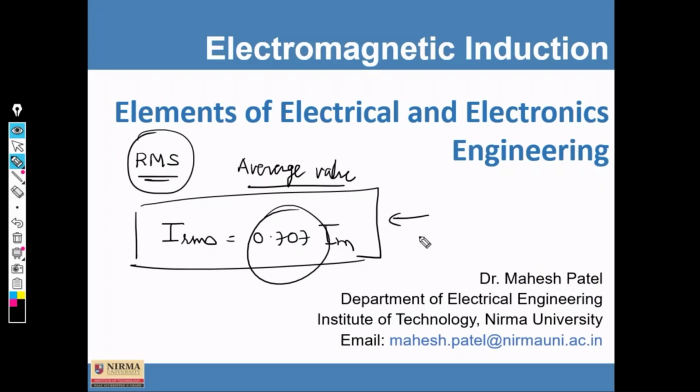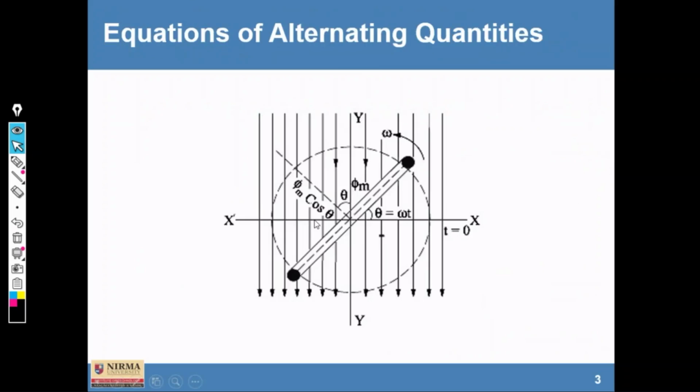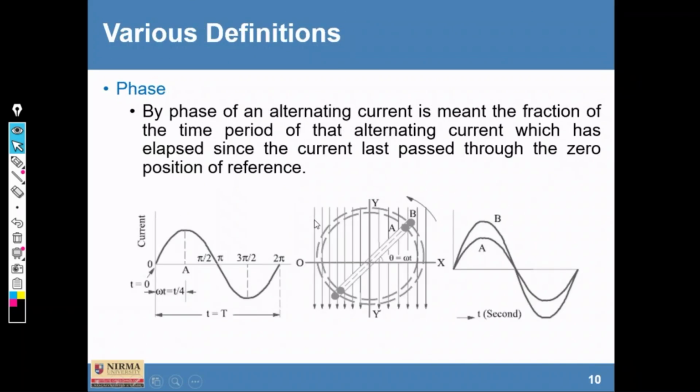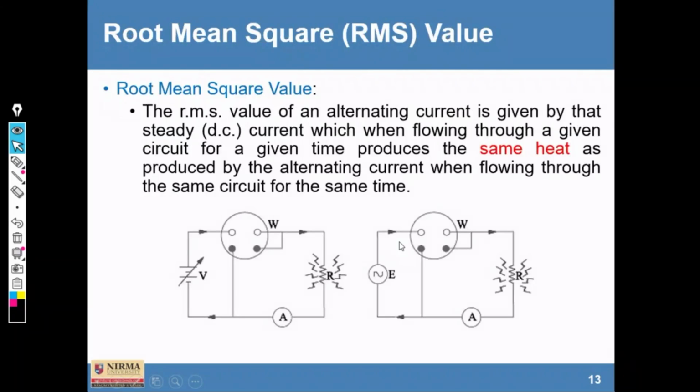Fine. So here there is a method called the analytical method to derive this value. There is another method also, called the graphical method. So by two different ways we can get this value. Let us continue with the analytical method first. The definitions of different terminologies that we have discussed: phase difference, leading quantities, lagging quantities, RMS.